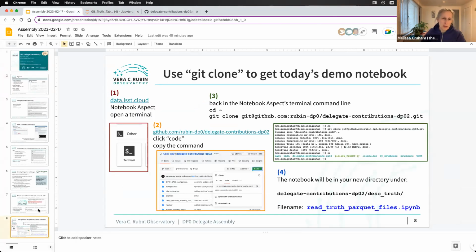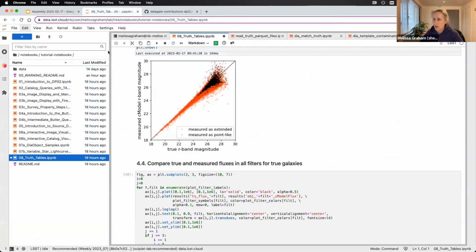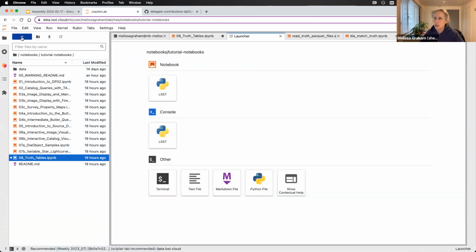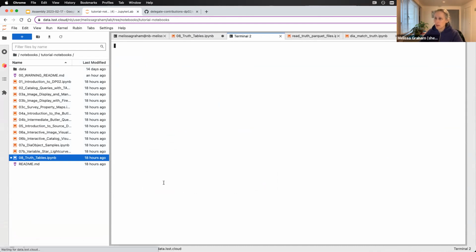Okay, so the notebook I'm about to use to show you how to access additional DC2 truth information is not in your notebooks/tutorial notebooks directory. It's in a separate repository for delegate contributions. So I'm going to just show you how to get it in case you don't have it at all. First thing you want to do is click on this blue plus up in the upper left corner and open a terminal window,